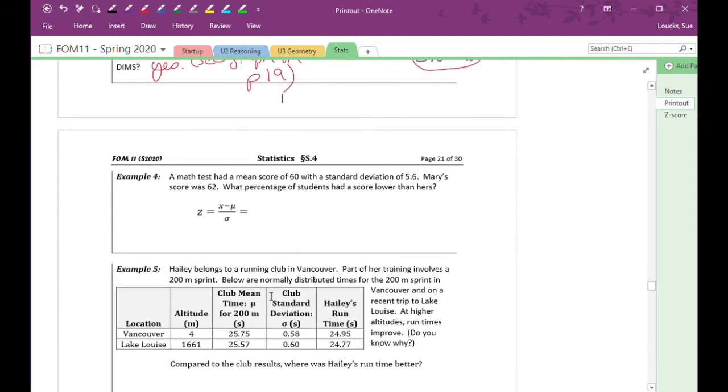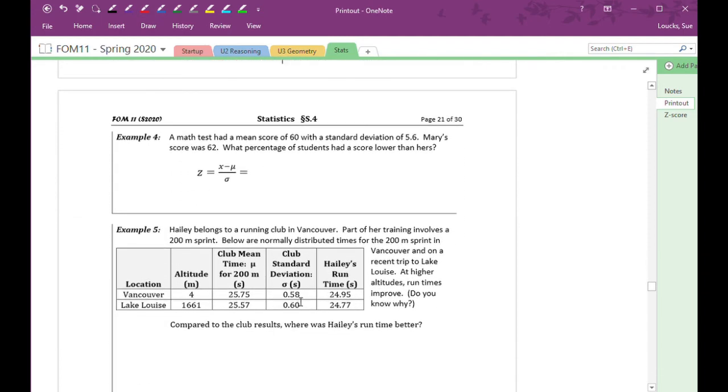All right, example 4. A math test had a mean score of 90 with a standard deviation of 5.6. Mary's score was 62. What percentage of students had a score lower than hers? Well, let's write down what we know. We know that our test point, x, is 62. Our mean is 60 and our standard deviation is 5.6. So now we just need to plug all those into the equation. We get 62 minus 60 divided by 5.6, and that equals